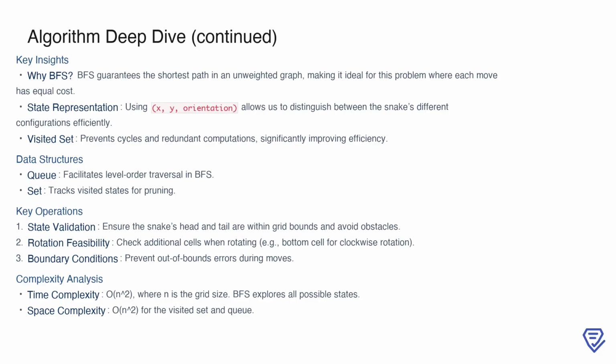Key operations include validating states to ensure the snake's head and tail are within bounds and not on obstacles, checking additional cells when rotating to ensure feasibility, and carefully handling edge cases like boundary conditions. In terms of complexity, the time complexity is O(n squared), where n is the grid size, as BFS explores all possible states. The space complexity is also O(n squared), due to the storage requirements of the visited set